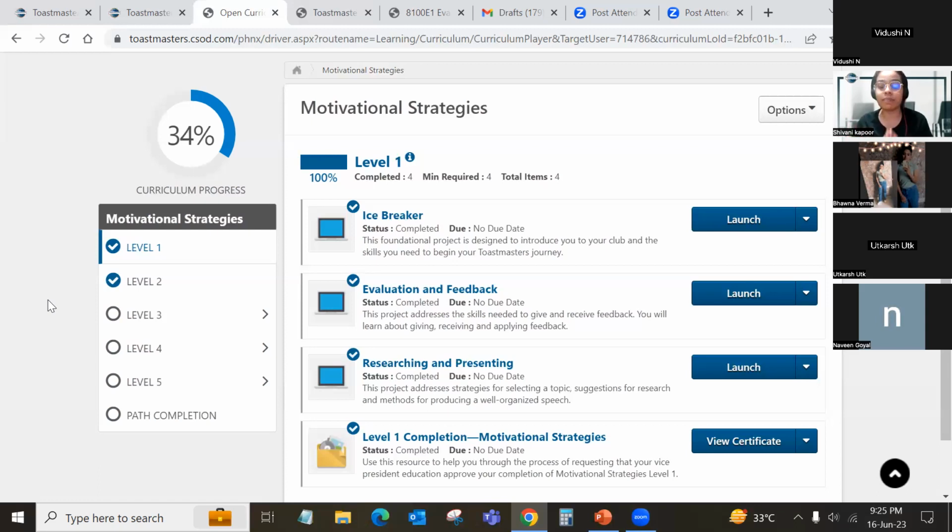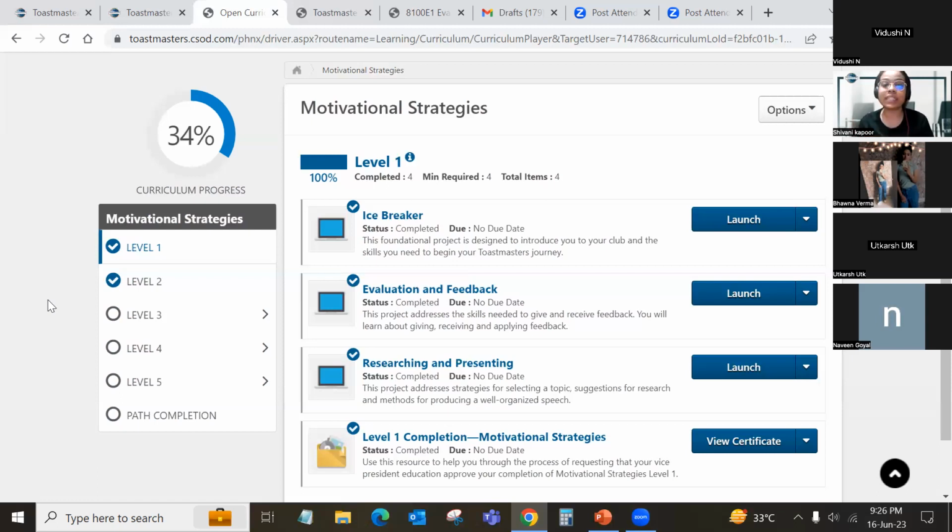So to grow, my suggestion would be: deliver a speech, take a counter role. Deliver a speech, take the Table Topic Master role. Deliver a speech, take the Toastmaster of the Day role. Take the timer role, and then again deliver a speech, and so on. So have a healthy balance of delivering speeches as well as helping the club by taking other roles, because taking other roles is equally important to run the meeting, first of all, to help the EC team, because if everyone wants to deliver a speech, it's extremely difficult to run the entire meeting, right?